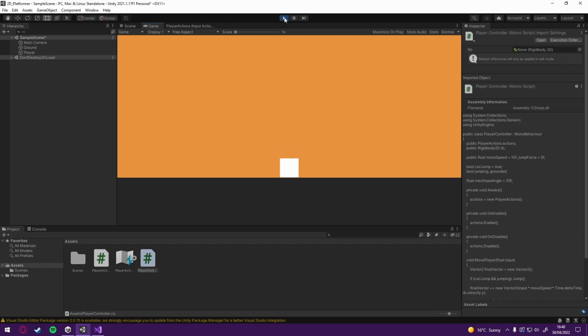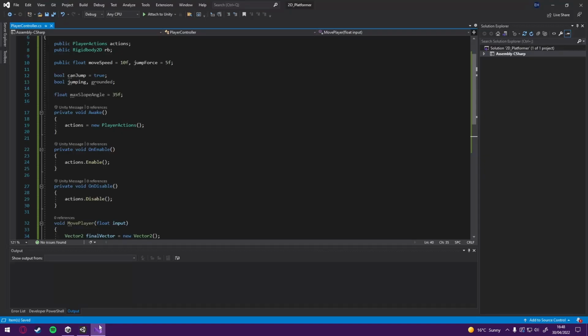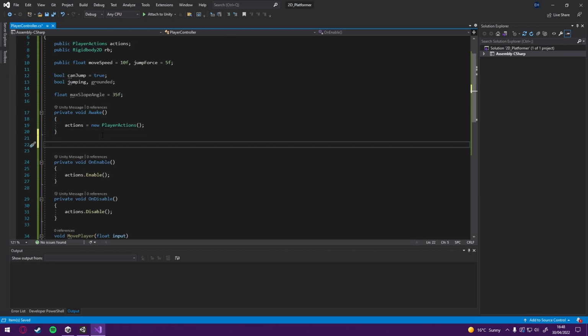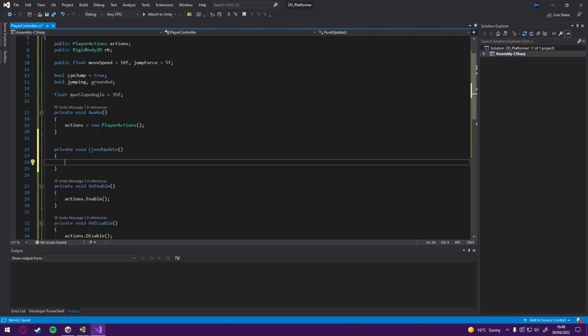And that's because we haven't told it how to interpret our inputs. So what you need to do is, I'm going to do this under awake. You want to make a FixedUpdate. Since this is all physics-based movement, you'd want to do that in FixedUpdate. You don't want it to be frame rate dependent. You're then in FixedUpdate going to call move player,